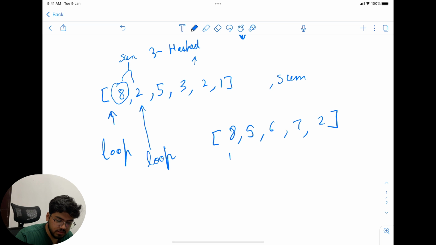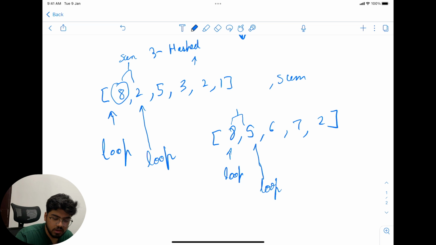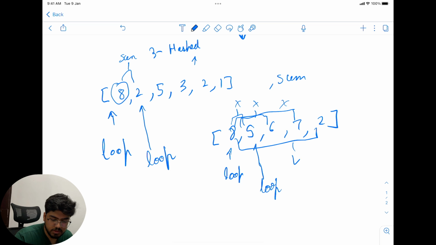And in this method, we'll have two loops, and the other loop will check 8, 5, is it our sum? No. 8, 6, is it our sum? No. 8, 7, no. 8, 2, yes.